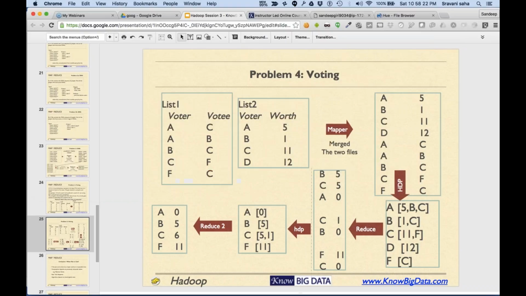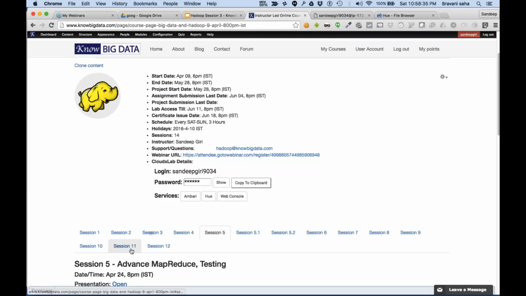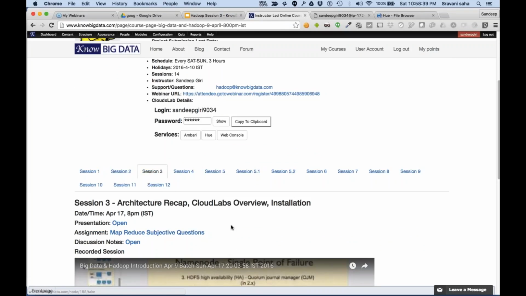Okay, so that was our discussion on the four problems. Everyone, when you are solving these problems, the first version you can update here in the session number 3, MapReduce subjective question. But if you are planning to write code,